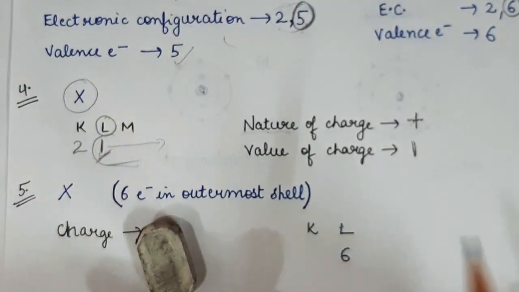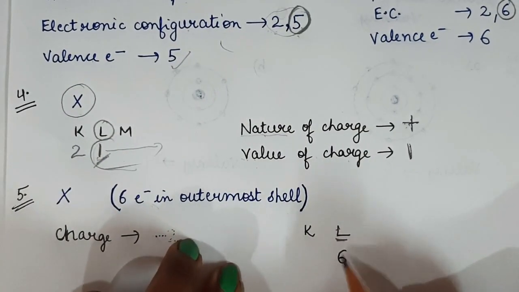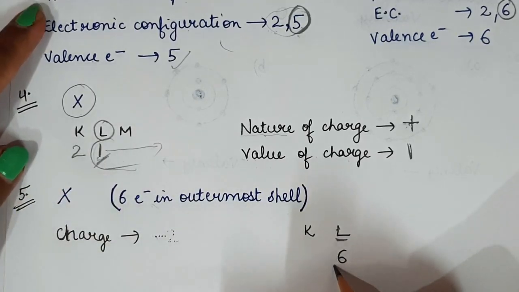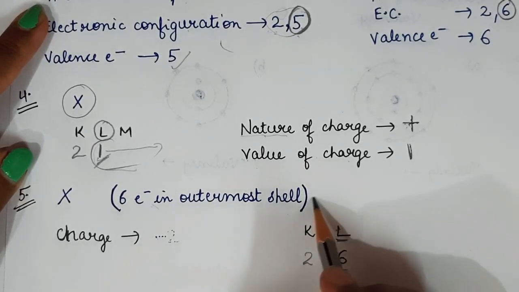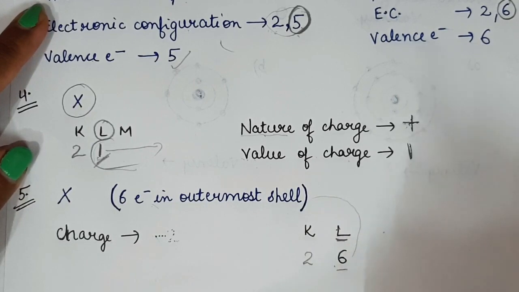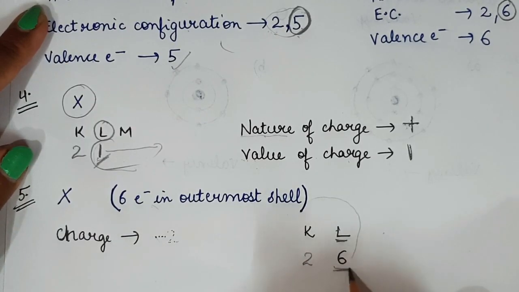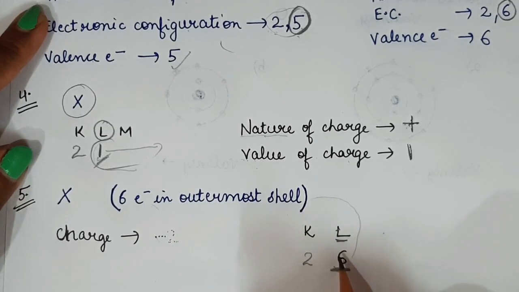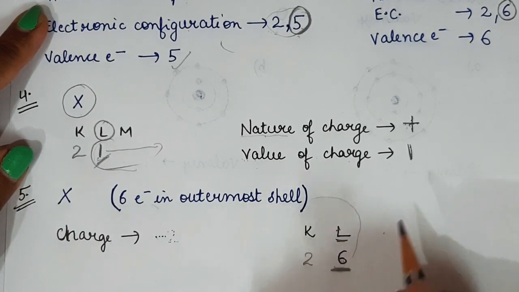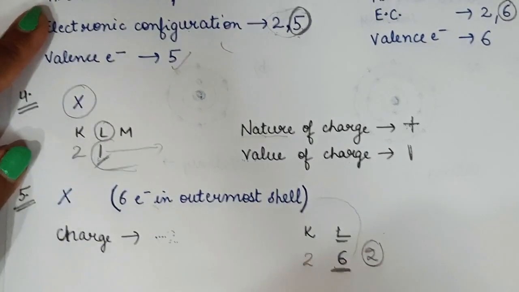Okay, suppose I say in the L shell there are 6 electrons in the outermost shell. So 2 will be in the first shell, 6 electrons in the outermost shell according to this question. You can take the M shell also, one and the same thing. So it is acquiring noble gas configuration by accepting the number of electrons required. So for acquiring noble gas configuration, how many electrons will it accept? It needs to complete its octet. So it will accept 2 electrons in order to acquire noble gas configuration.